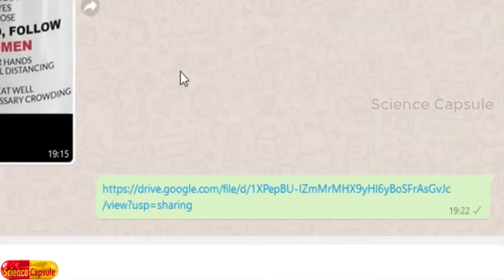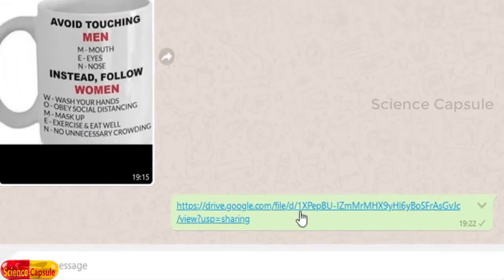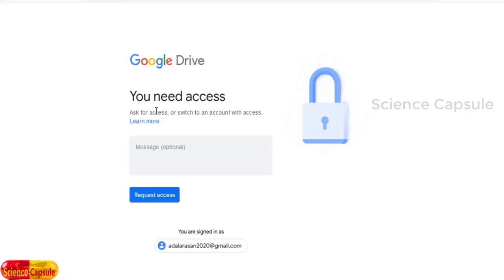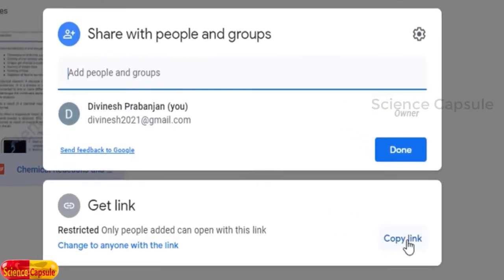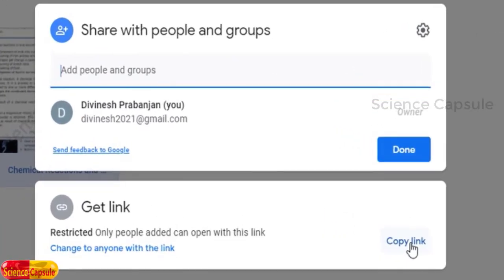Now let us check. See here, when I click on this option, it says you need access. Why does this message appear? We have shared the link: we right clicked, clicked on share, and from here we copied the link. Although we have copied the link, the link is not getting opened. Why?